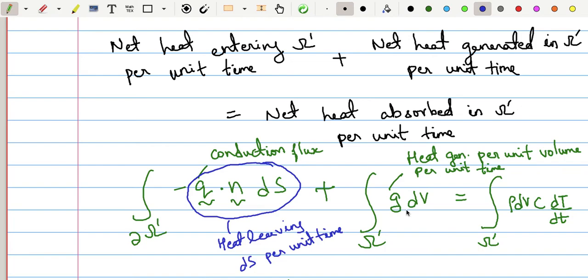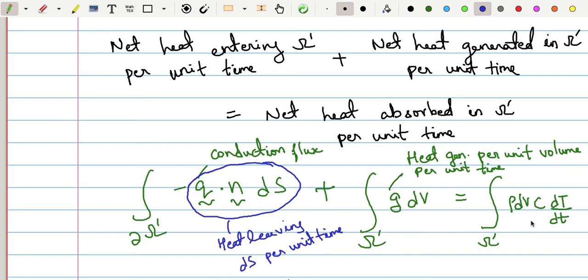Viscous dissipation. Viscous dissipation is a part of it, but it's not the majority heat generation source. For a gas, you can also have compression. Volumetric compression of a gas can also result in heat generation. So you have viscous dissipation, plastic work, volumetric compression. These are the typical sources of heat generation in mechanics problems. Apart from that, you may also have some electrical heat generation, or because of chemical reactions. So G over here is the heat generated per unit volume per unit time.